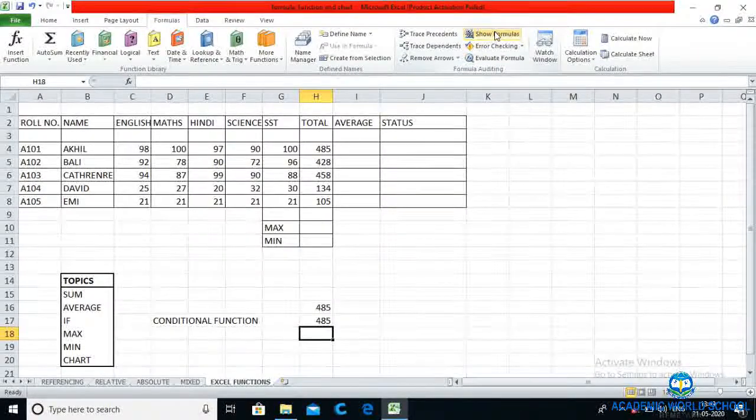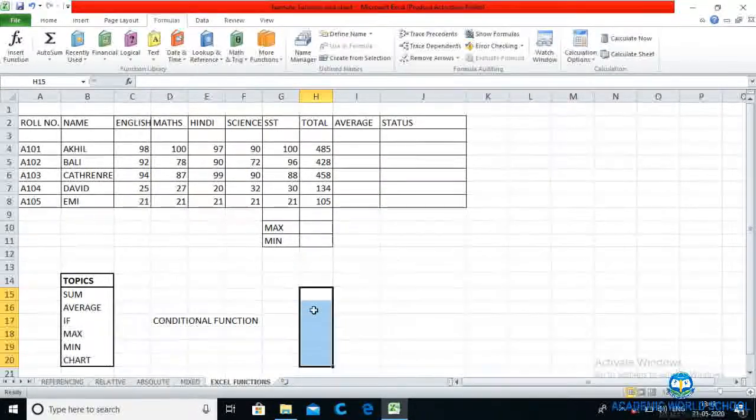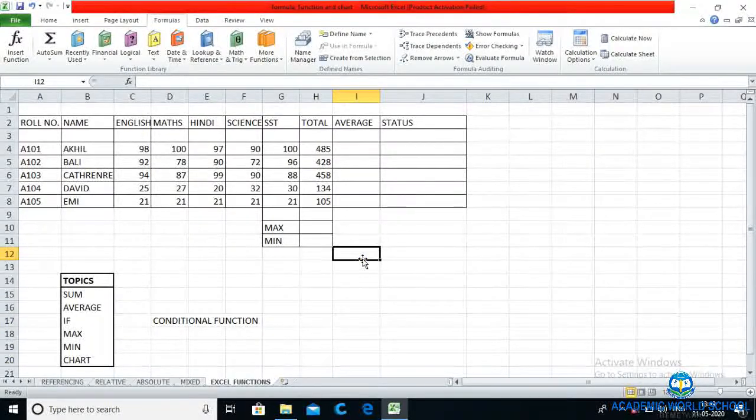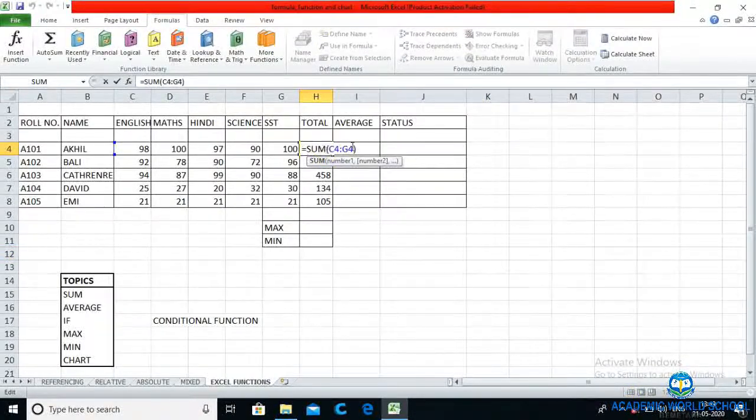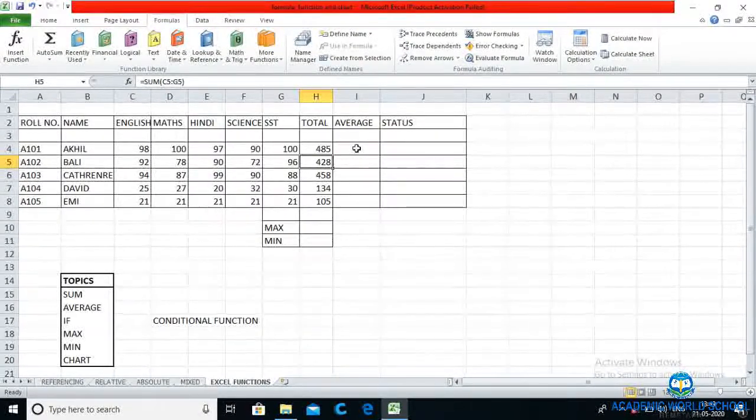I have selected it individually, that means I have mixed the above two methods. Now click enter. Let me show you the result. Look, 485, 485, 485. But we are not going to discuss it in detail, because you will get to know these Excel functions in detail when you get promoted to class 9 or 10. But in class 7, we will discuss the easiest way to find the total, that is writing the sum function and giving the cell range.